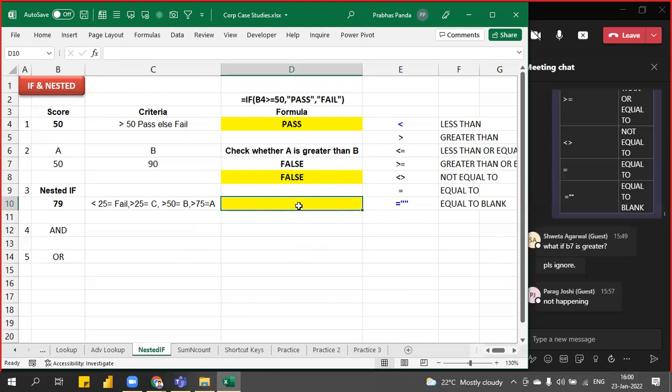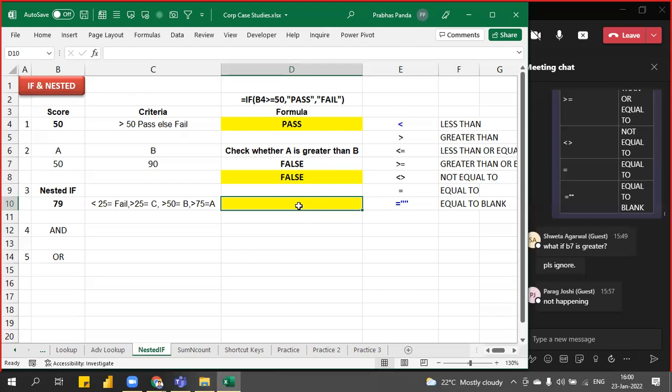So in that case, what you need to do first is make a total count of the conditions, then minus 1. So total conditions 4 minus 1, so total 3 if formulas you have to write. You must write 3 if formulas. That is clear. But how to write all these 3 if formulas in one cell? You need to follow a logic